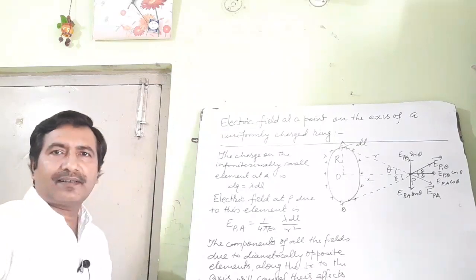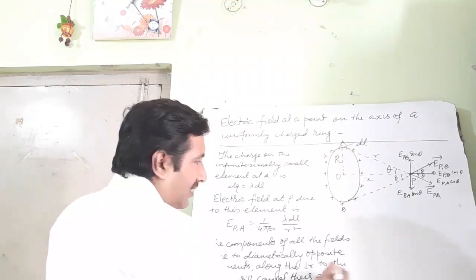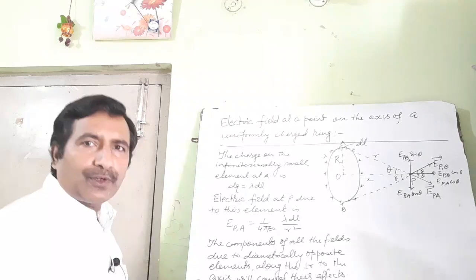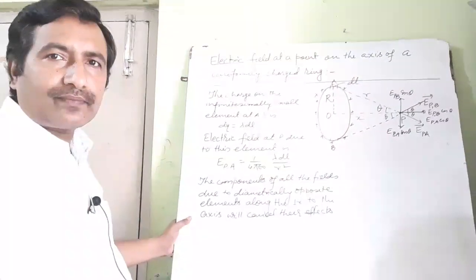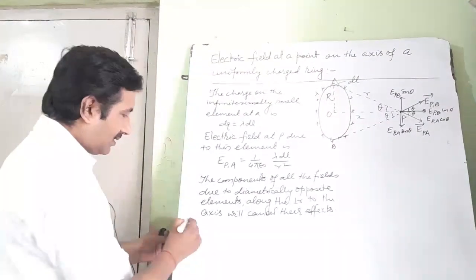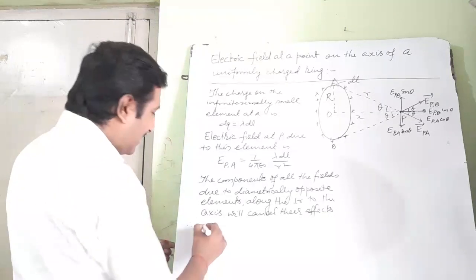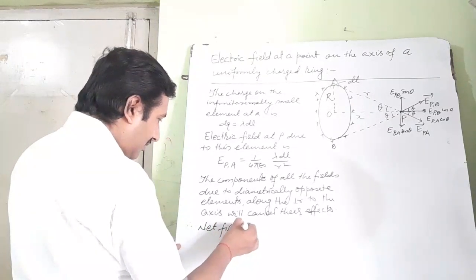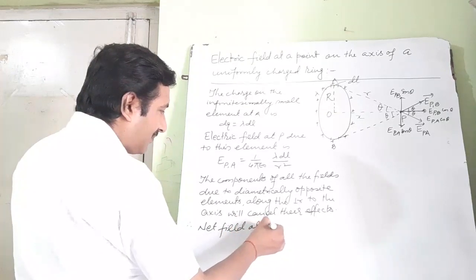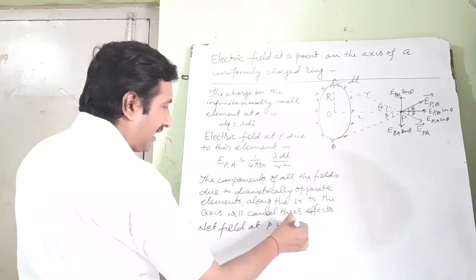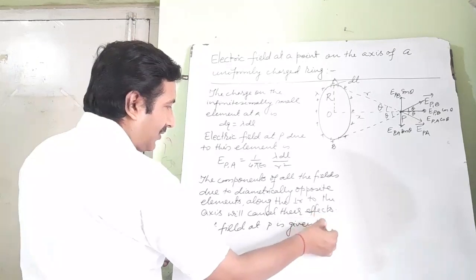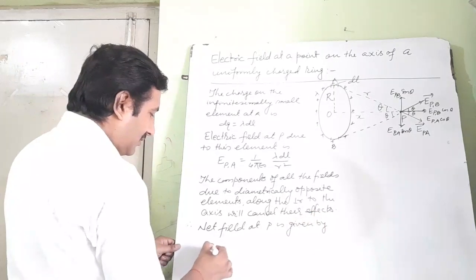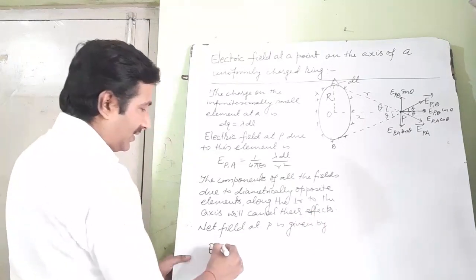Therefore, the net field at P is given by E is equal to